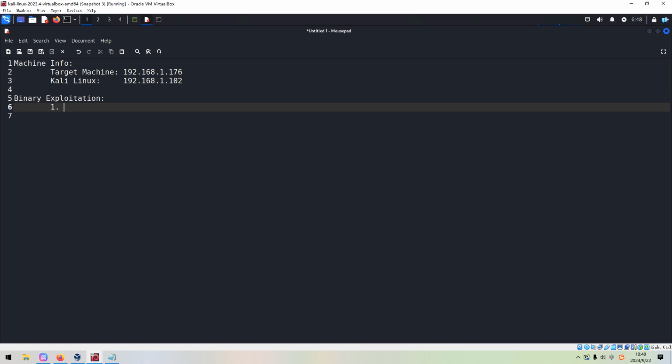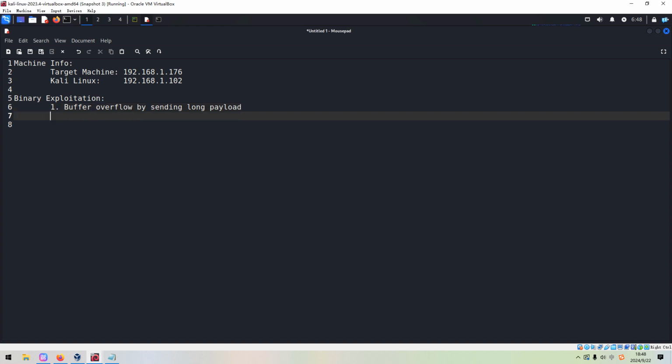The first one, we need to see whether this binary is vulnerable to the buffer overflow, by sending a long payload, for example, 3,000 bytes of data to this target. And the next, we need to get to know the offset. This offset means the position where the program crashes.